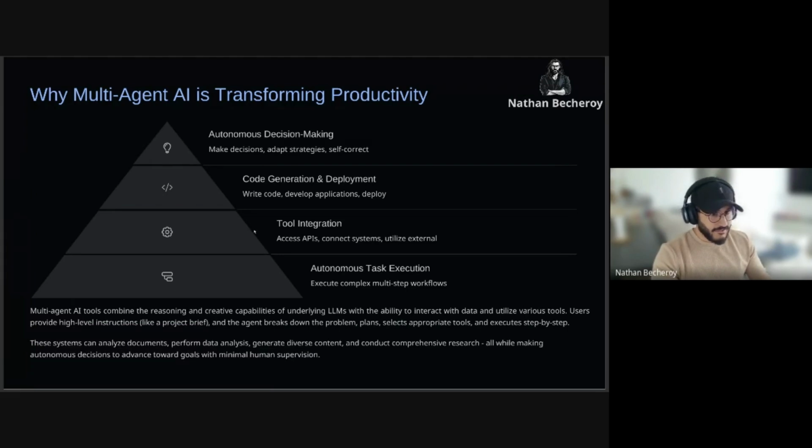They can generate code and deploy it, and they can also make autonomous decisions if you let them do so. So these systems can analyze documents, perform data analysis, generate diverse content, etc. That's why we say that they are transforming productivity compared to standard LLMs.